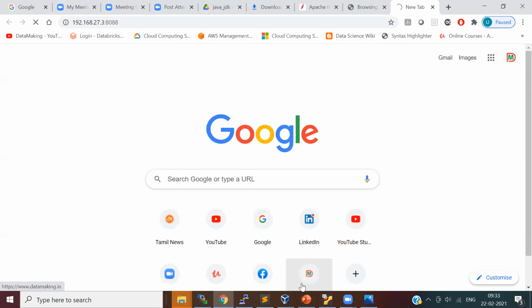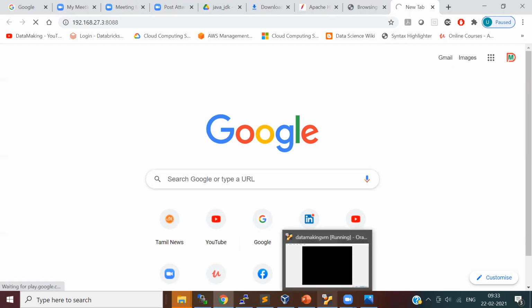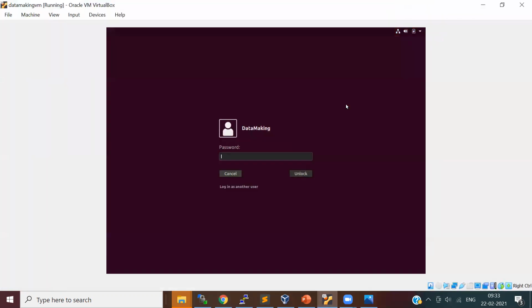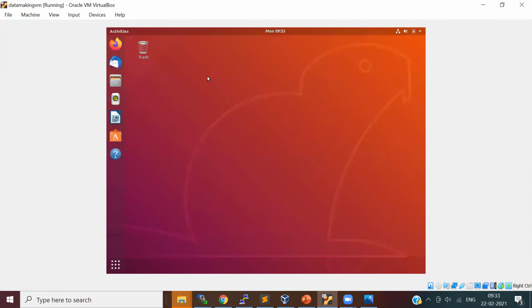It is not opening. So basically, I have some problem opening the resource manager web UI from Windows, but somehow it is opening here. I don't know why. I probably have to explore or debug that. I'll just open it here and show you.